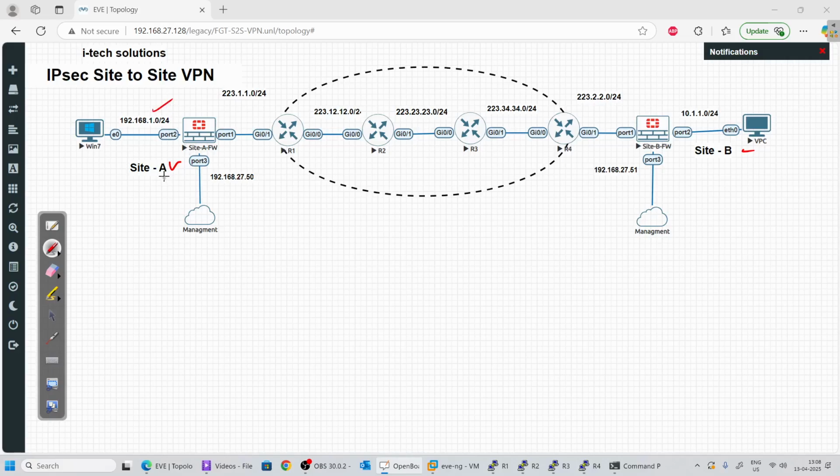192.168.1.0/24 local LAN segment, and the first IP we will use on port 2, and for public we have 223.1.0.0/24, and the last octet of this LAN segment we will use for port 1. And for management purpose we have port 3, and the IP address is